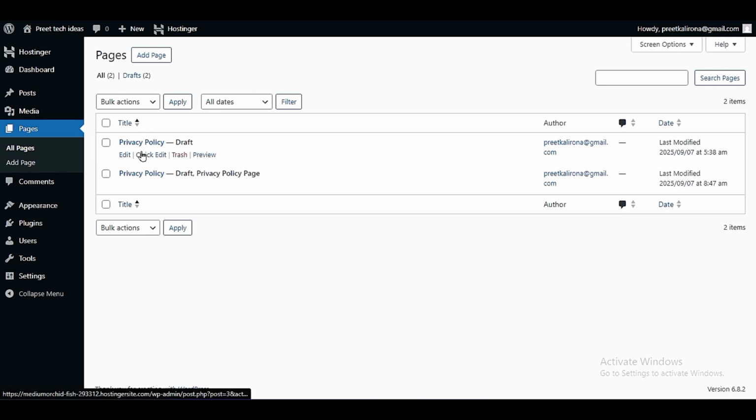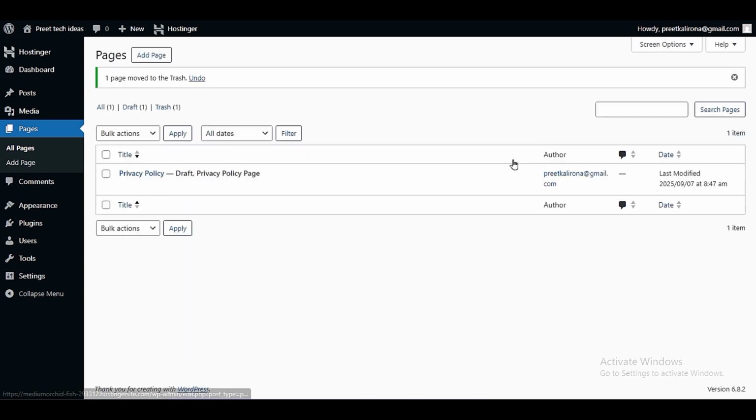There are two privacy policy pages. We don't need that. We will only keep one, so just delete one. So we will avoid duplicate pages or blog posts, because we want to create the best SEO friendly website and also for security. Because when I teach, I always focus on SEO, security, everything,